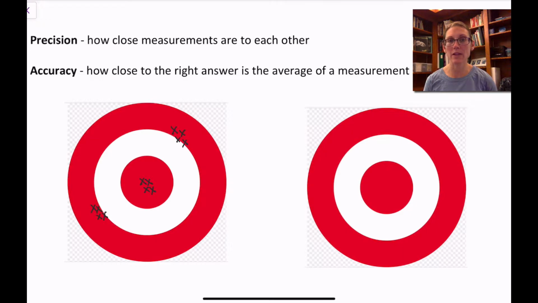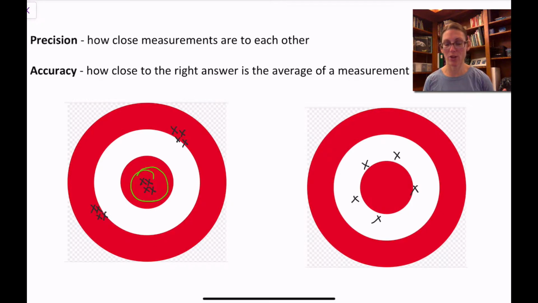When I look at these three different groupings of measurements, only the one that's in the middle is both accurate and precise. On the other hand, you can have some measurements, or in this instance, some hits on a target that, while not precise, on average are accurate, because accuracy is about how close to the right answer the average value is. So on this other target,